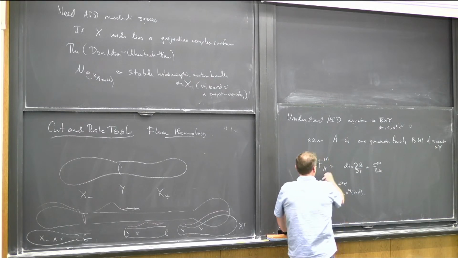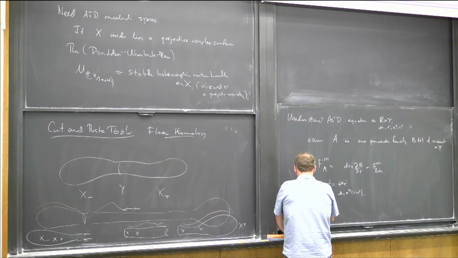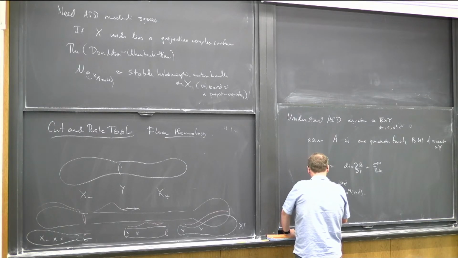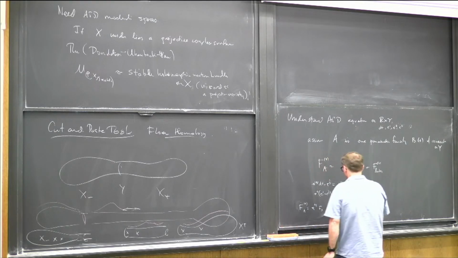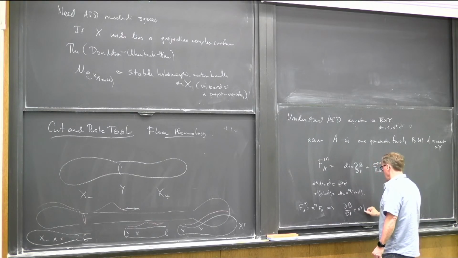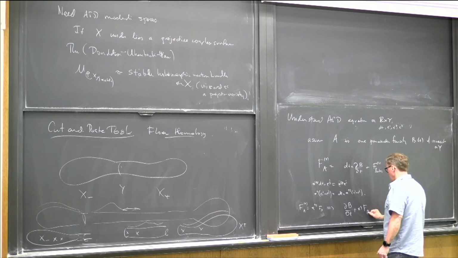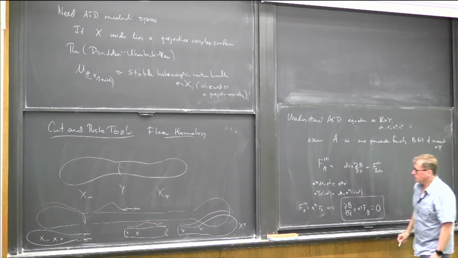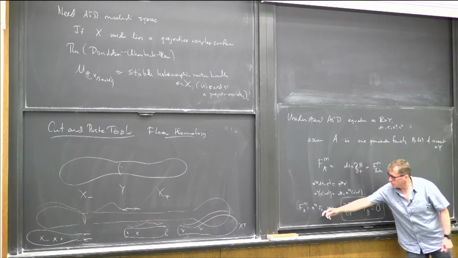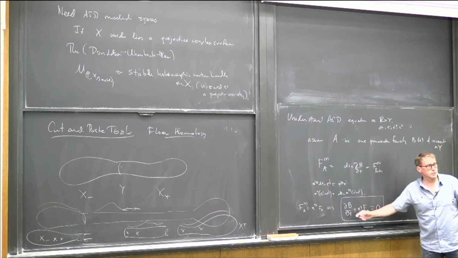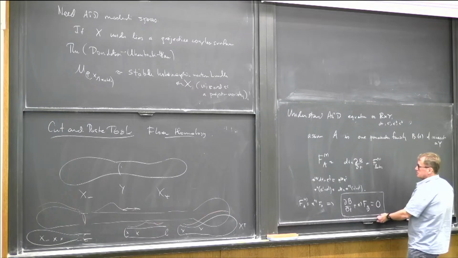So this guy is ASD if and only if dB/dt plus star_3 of F_B equals 0. So the anti-self-dual equation on a cylinder becomes something that looks like a gradient flow equation. And in fact,